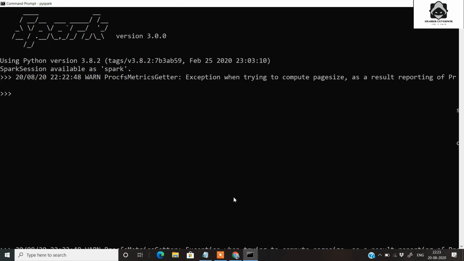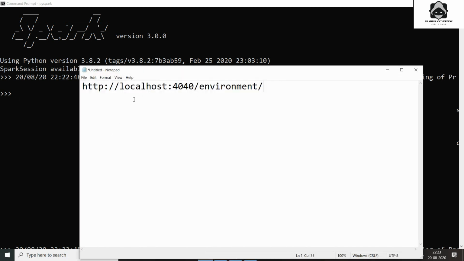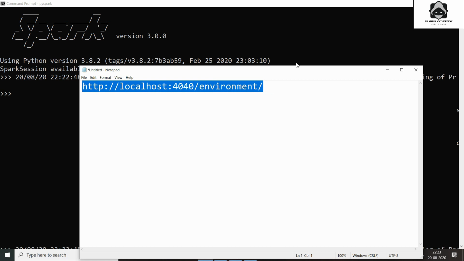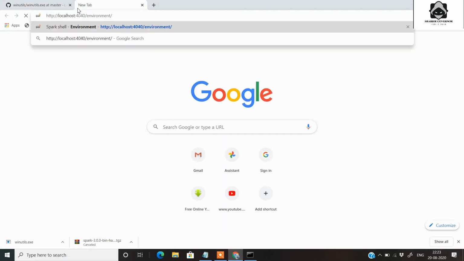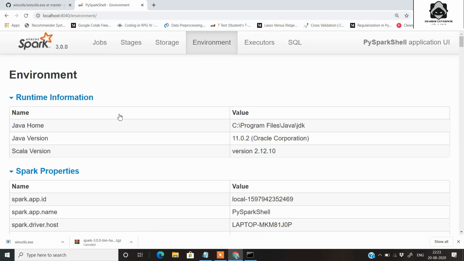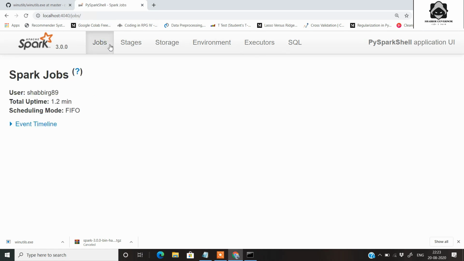Now besides that, you can check the Spark context, the variables and the details of your Spark running on your local machine. For that, you just need to copy this localhost address that I have shown and paste it in your favorite browser. Click on enter. You can see here the Spark jobs description on your local machine, and you can get everything that is happening in your Spark environment.